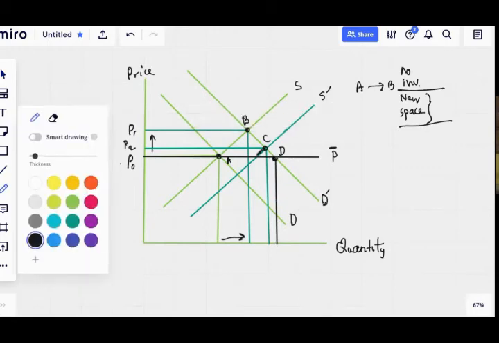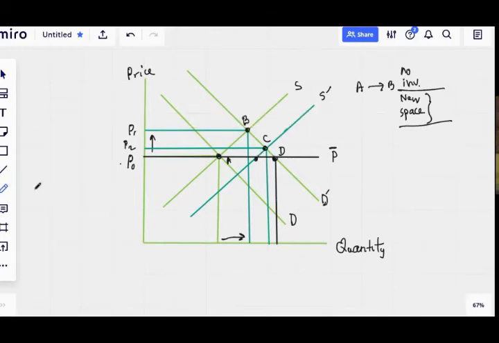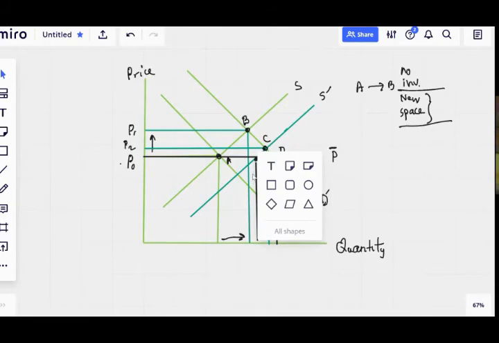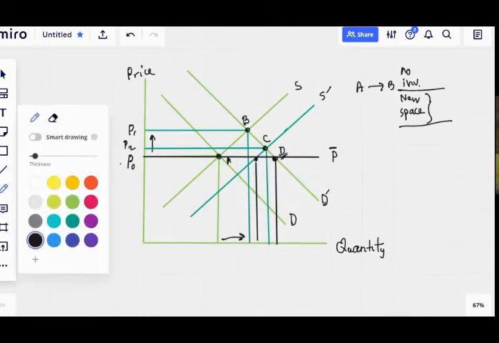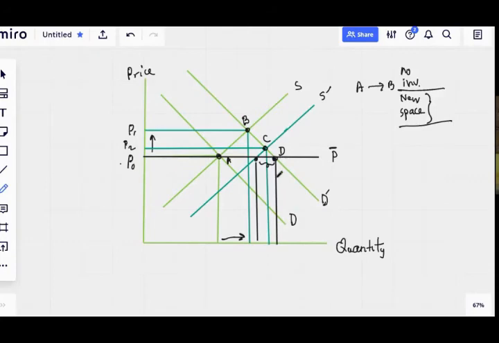Why? Because even if I'm investing, this much will be the supply. So supply will be here. If there is an investment, I will supply up to this point. But whatever happens, this will be the crisis with investment, and this will be the crisis without investment. So we have a crisis that continues because of the price ceiling. Remember, a price ceiling often creates a crisis, and economic theory always says do not tamper with the price,